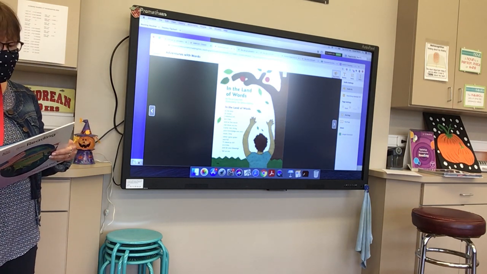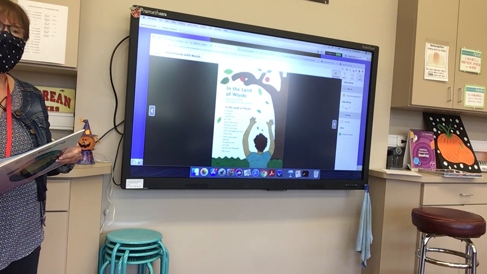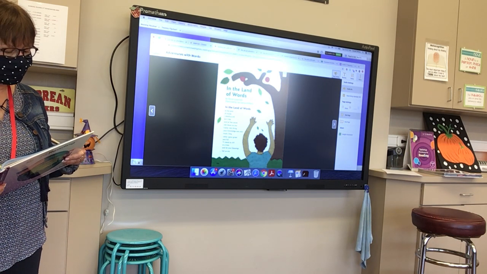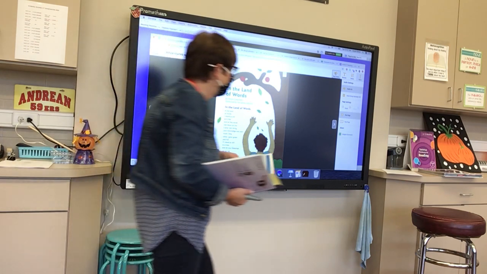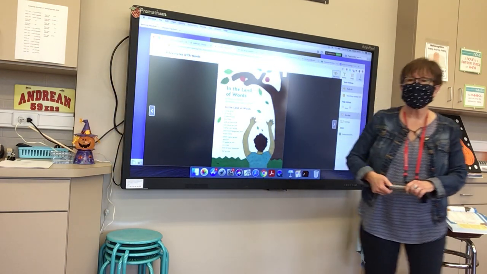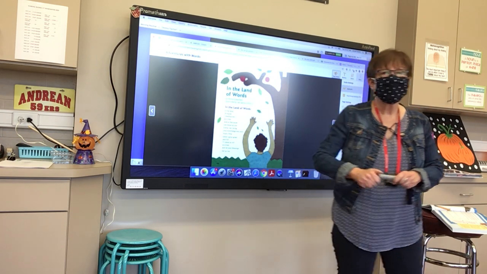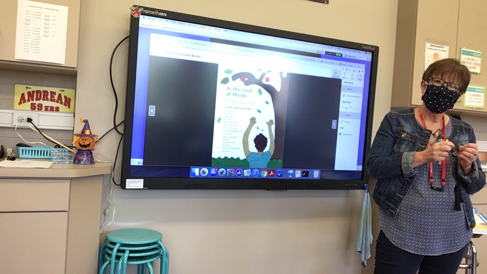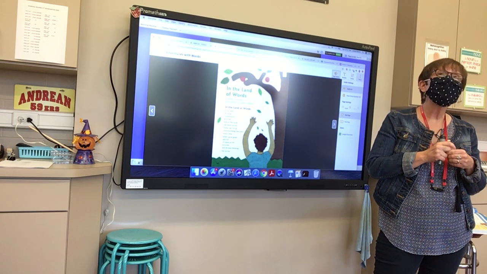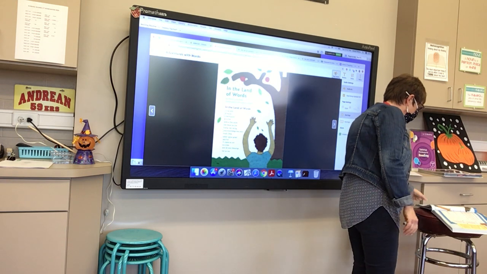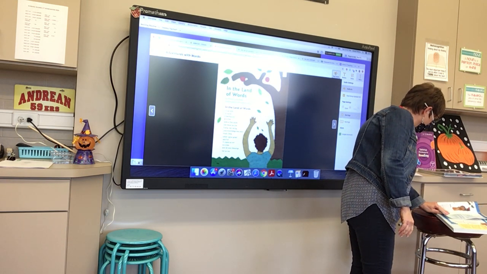Okay, wow. How does the shape of the words on this page, on page 152, match the ideas in the poem? Clark? Hurry up. Jensen? Because things are falling and it looks like the words are falling. Oh yes, the leaves are falling and it looks like the words are falling. Very good. I'm glad you see that because seriously,